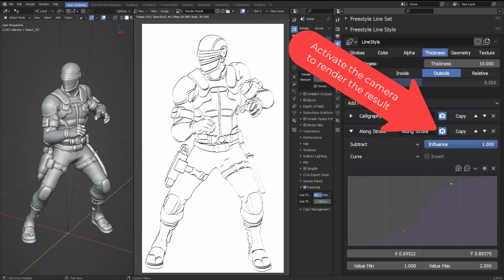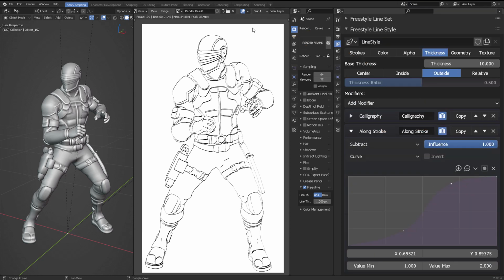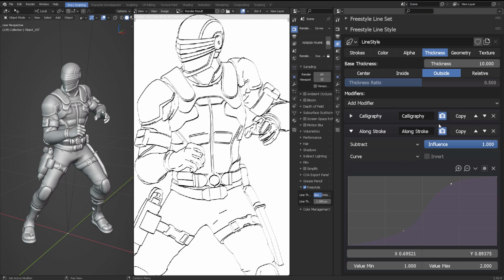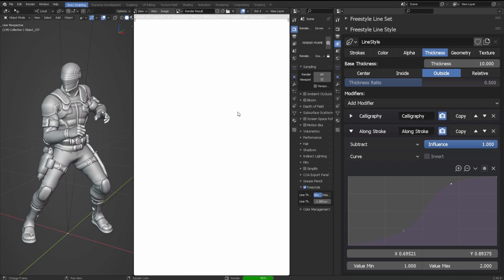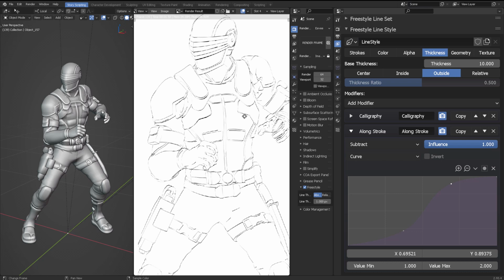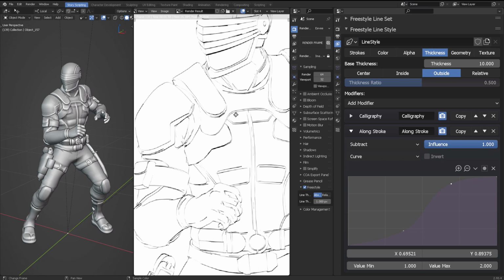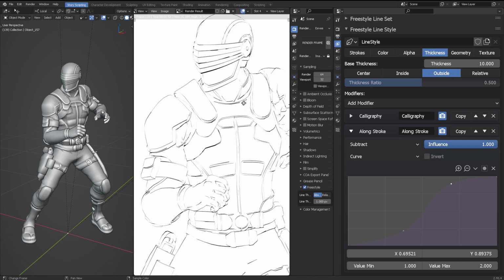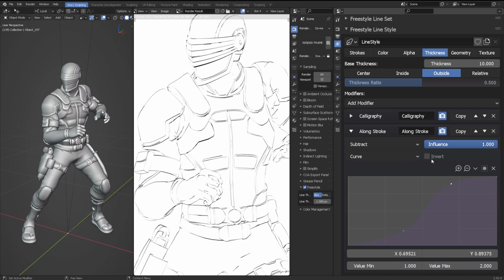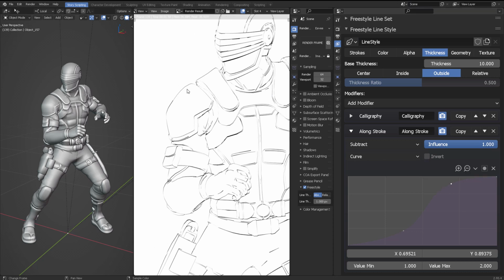Alright, so let's finish this up. I'm going to be activating this because on the previous two renders we did not have this active, although we saw some differences. That was kind of funny. So now we're seeing the differences, as I was mentioning before, because it's subtracting. Now you can invert this curve and the opposite will be true. Instead of having a bold line here, we're going to invert that and it's going to be subtracted from the calligraphy in